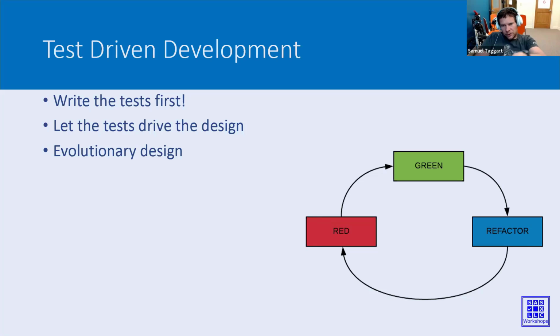And the little diagram on the right is the stages, right? So red is, you write a unit test to test the feature, right? And you run the unit test and it should fail because the feature doesn't exist yet. And then you write some code to make it pass. And in trying to make it pass,